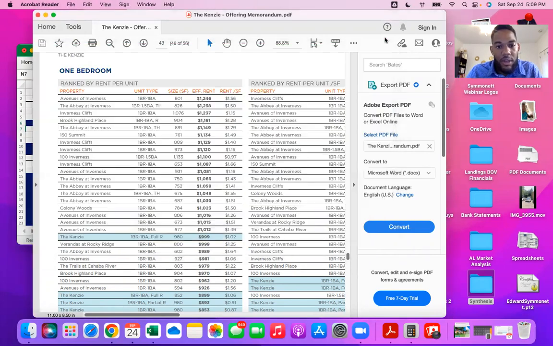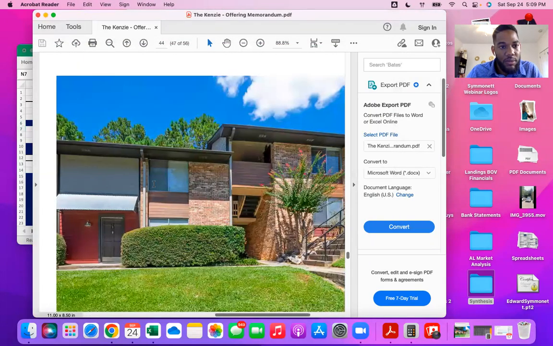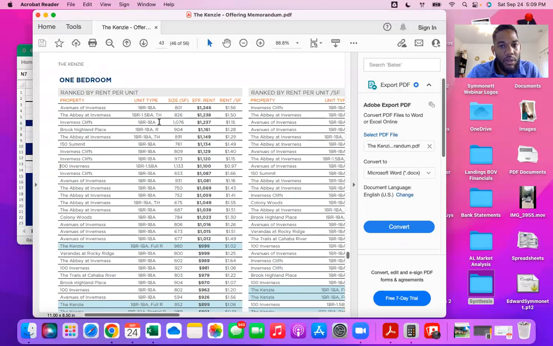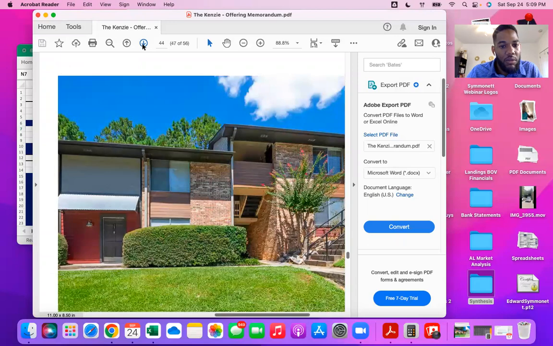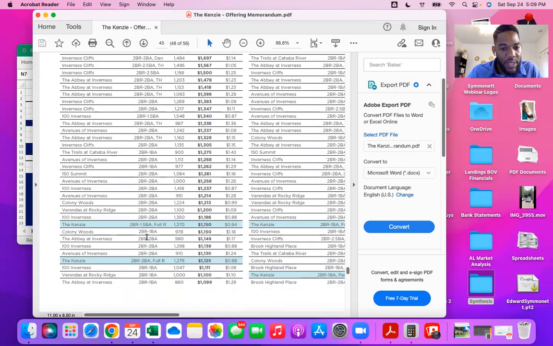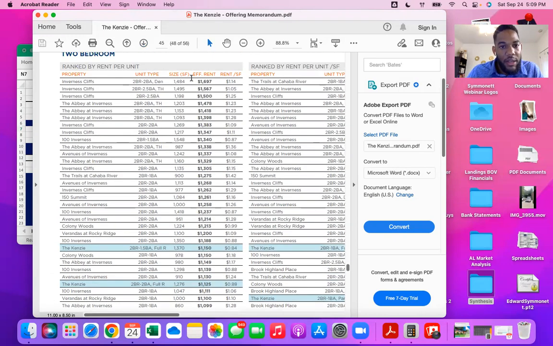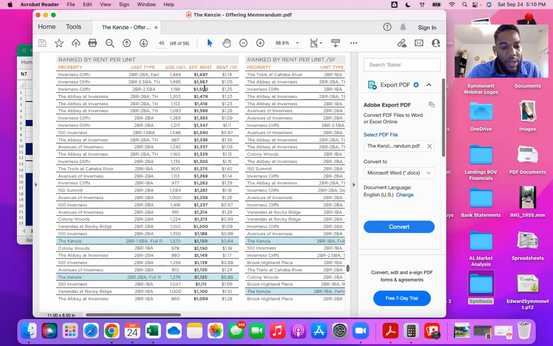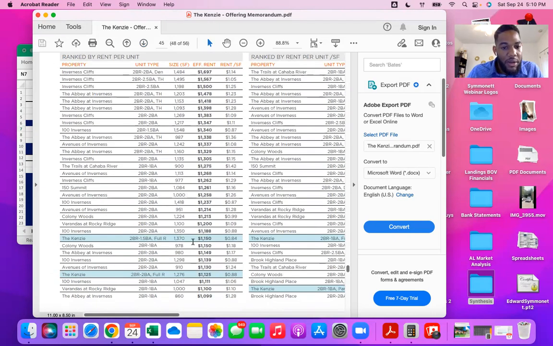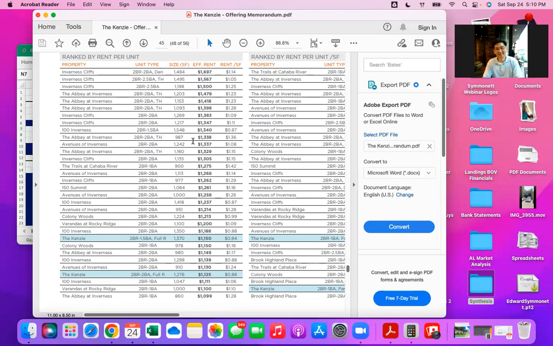All right. So now let's look at our 2 bedrooms. For our 2 bedrooms here, we're at 1150, right? The top of the market is 1697. We're at 1150 for our 2 bedrooms. Where do you guys want to go on the 2 bedroom floor plans? Say 13. 1350. Yeah.